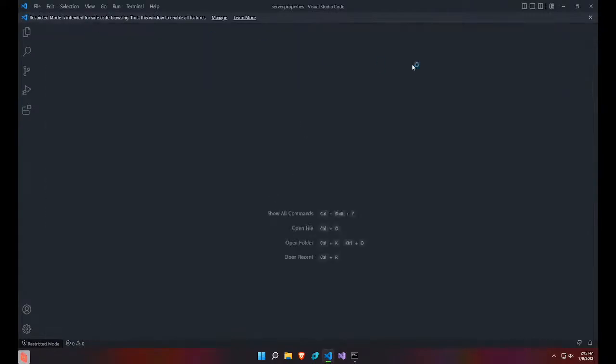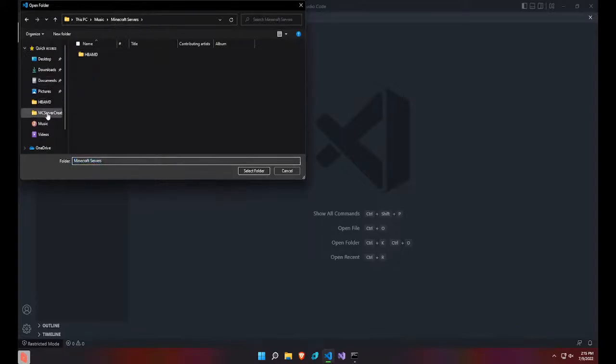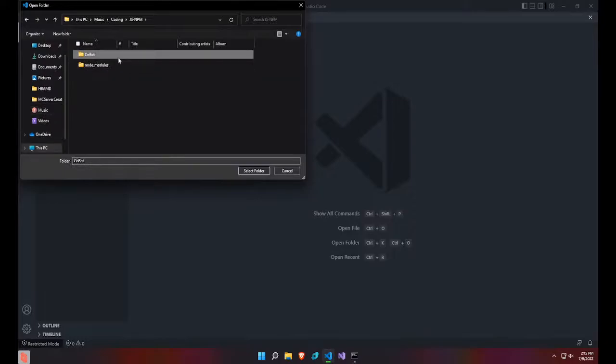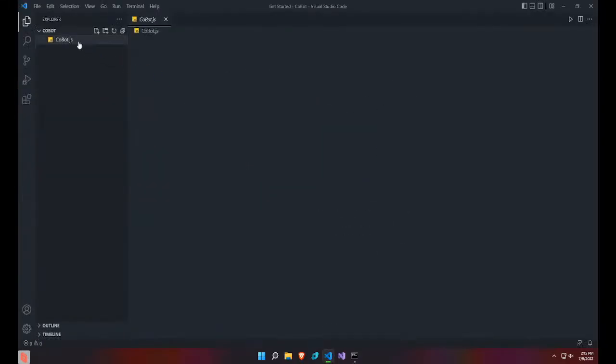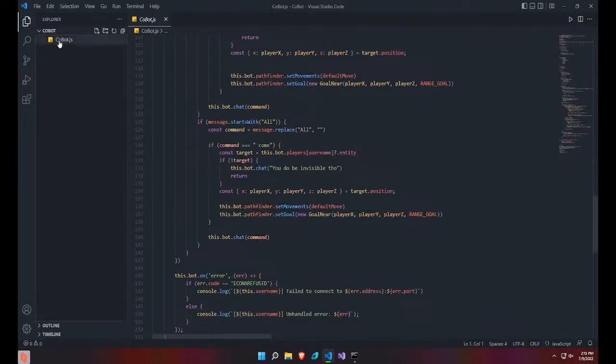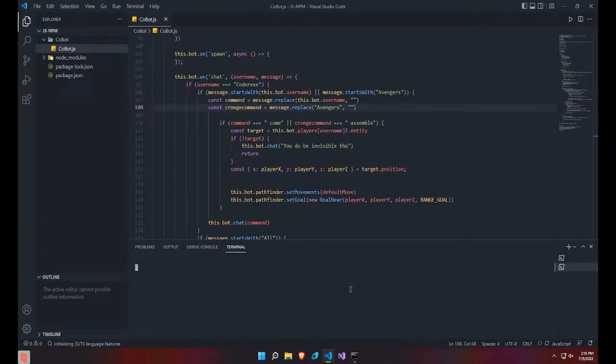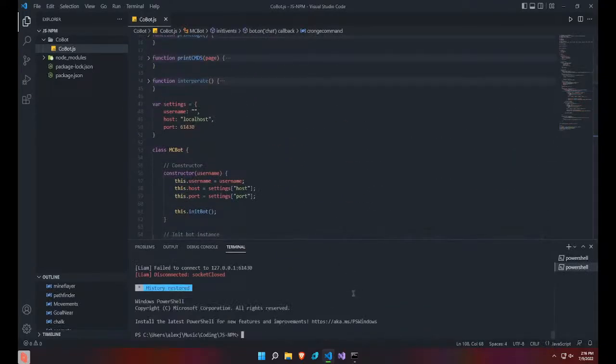I'm gonna open the Visual Studio folder if I can find it somewhere. I think I put it in music. What is this? Is this it? I don't remember. Hold on. I think this is it. Yeah, okay, this is it. Alright. So, while this is loading,